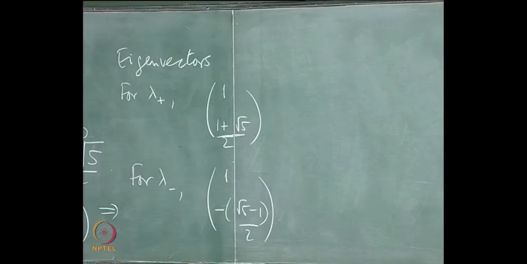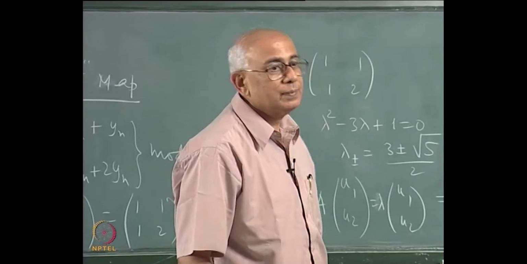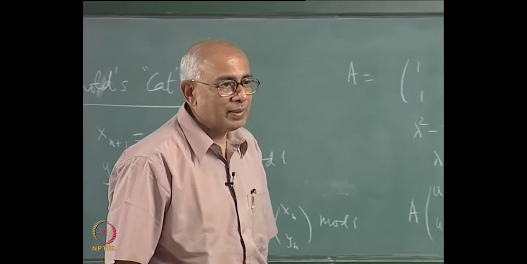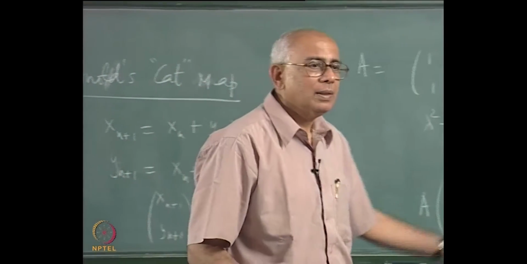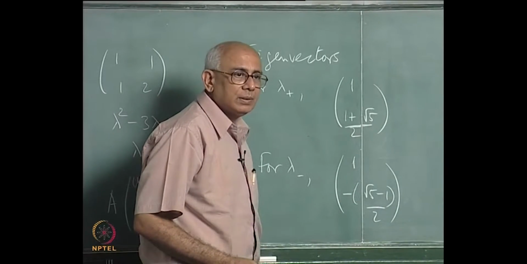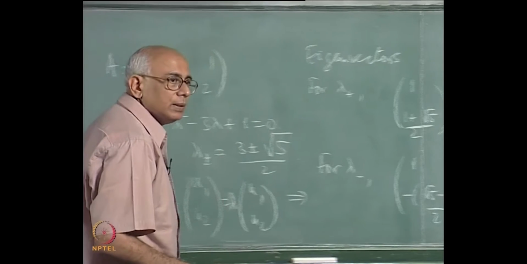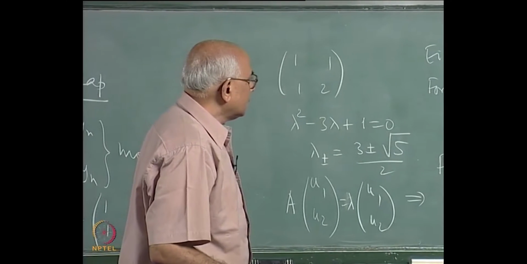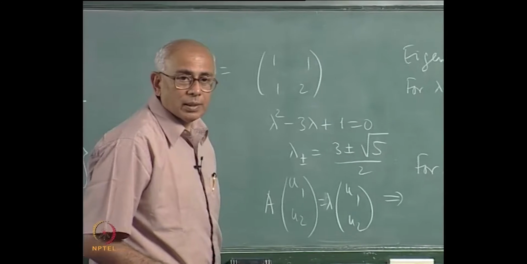What is the significance of this number, 1 plus root 5 over 2? It is a famous number, it is the golden mean. This number is the reciprocal of that number, as you can see. So we can plot what the eigendirections are now,